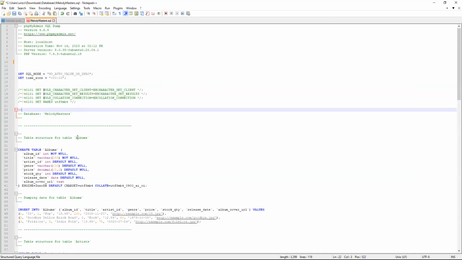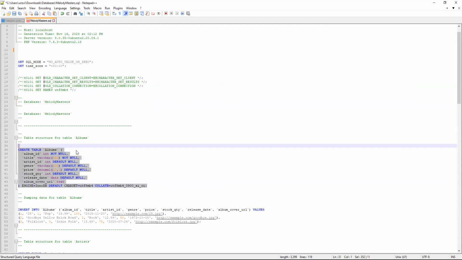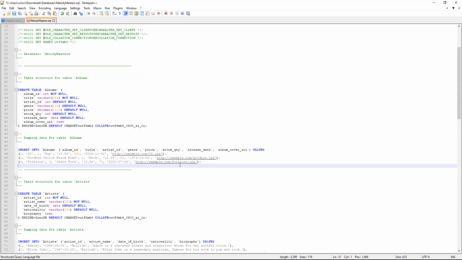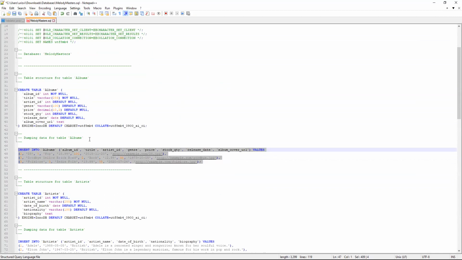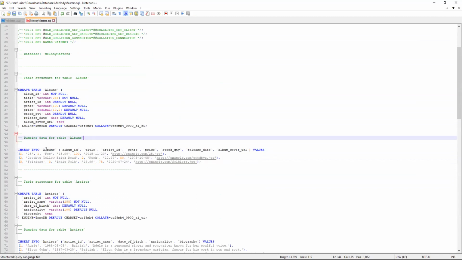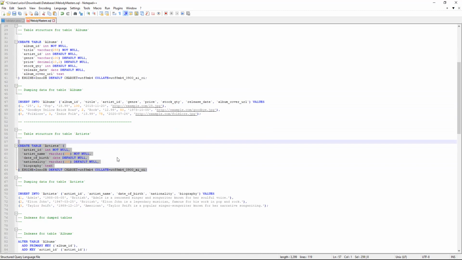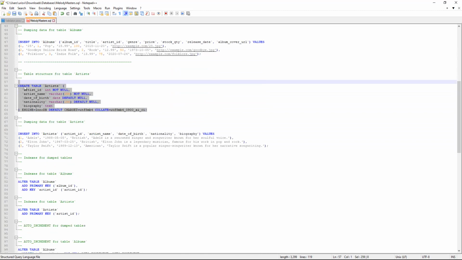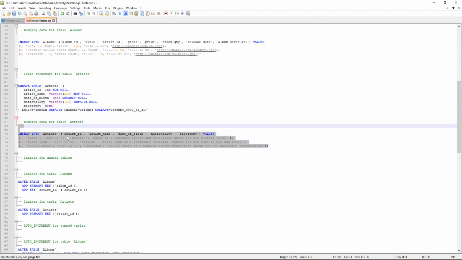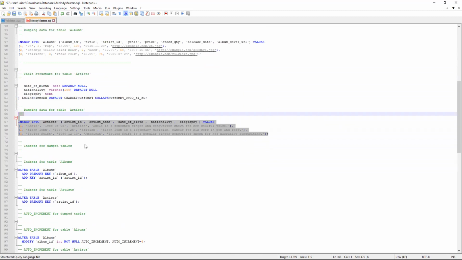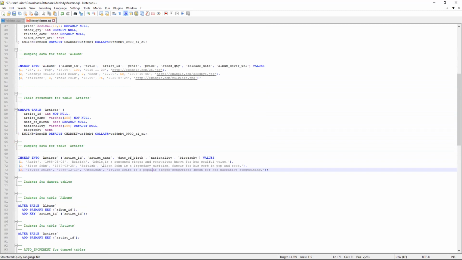What this is doing is creating tables, the albums table. It's adding some data into it. Whatever data they have right now, that's what it's going to add. And whatever columns exist right now, it's creating those columns and adding the same data that exists right now. So if you go and modify any of that data,